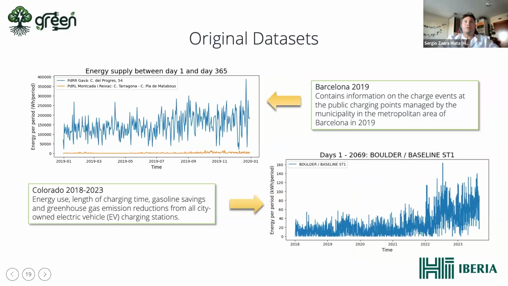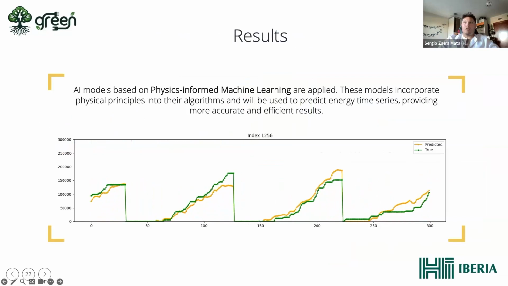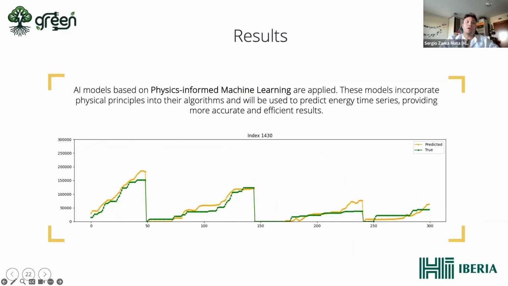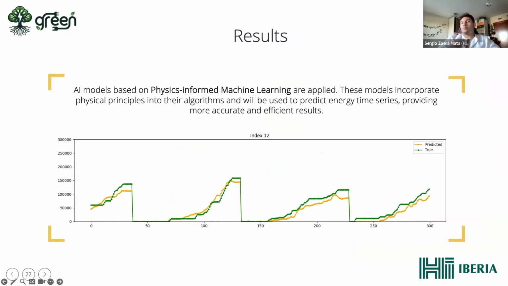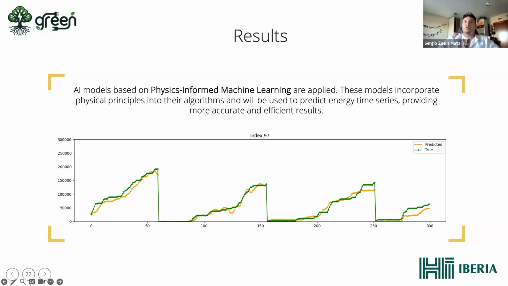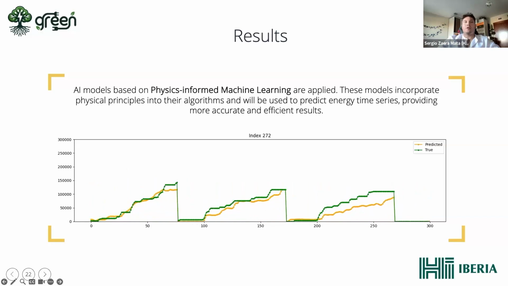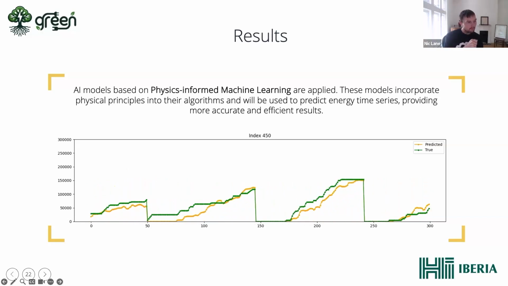As I told, there are some differences, but the results are a combination of the synthetic data from the simulation and the data from the datasets, specifically the dataset of Barcelona, because the simulation was also done using the city of Barcelona. So yeah, the result was done using both, but mainly the Barcelona dataset. Oh, I see. Got it.